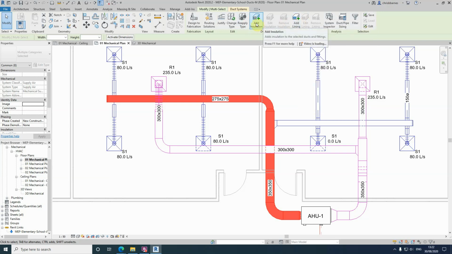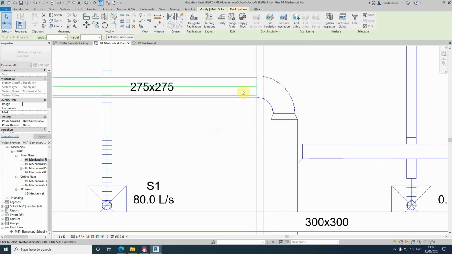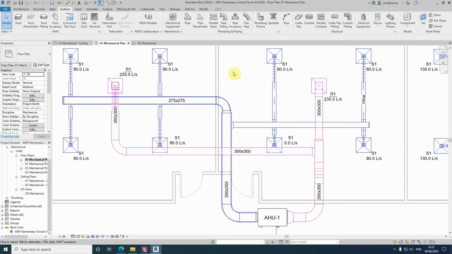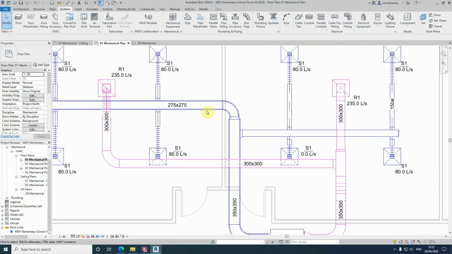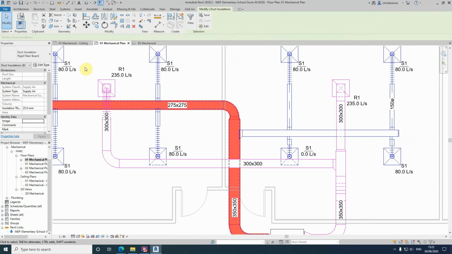So I'll show you that's the example. So we'll add an insulation. It will ask us what type of insulation we want, rigid fibre board or duct wrap, and the thickness of it. And then we can click on OK, and as you can see, it's added that on. And you've now got a double line shown on your ductwork. We can go back and amend it, edit insulation,